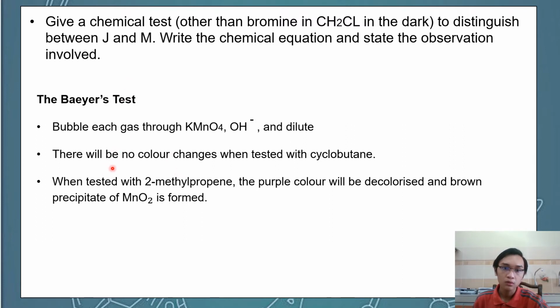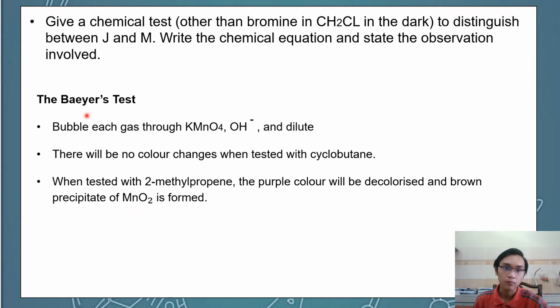There will be no color change when tested with cyclobutane because cyclobutane is an alkane that doesn't have a double bond. The Baeyer test shows a positive result if the compound used has a double bond. The second one we use is the J structure, which is 2-methylpropene. When tested with 2-methylpropene, the purple color turns to colorless, or decolorized, and a brown precipitate of